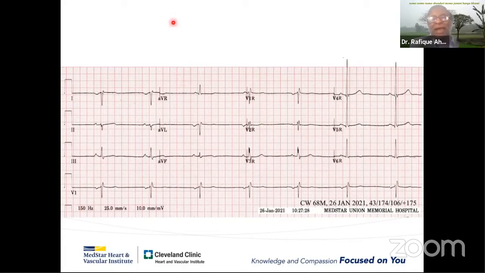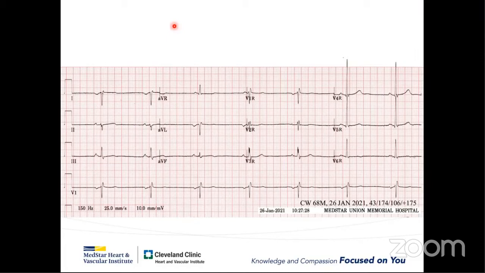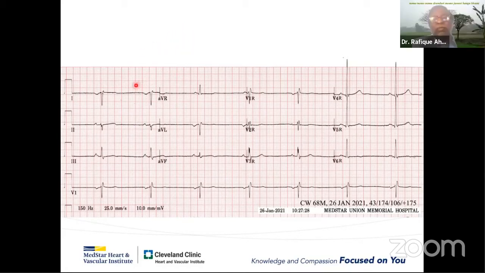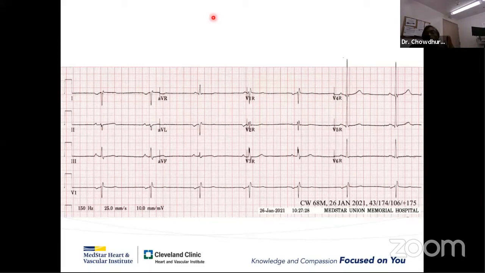Yes, sir. And we'll first confirm, right, Wadud? We all will do that, right? Exactly. The first thing we're going to confirm is that the leads are in the right place. I'm going to get a second ECG to make sure. I'm trying to understand her argument that even if we don't tell the V5R, V6R, you will still be able to diagnose this as dextrocardia? What will be the points in favor?